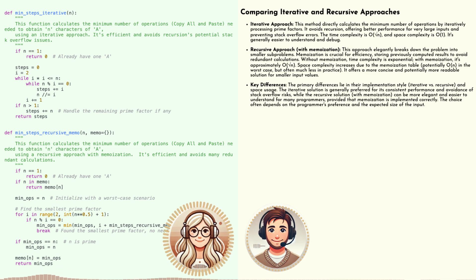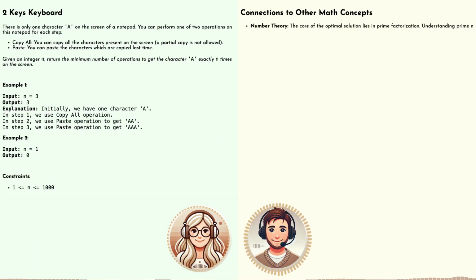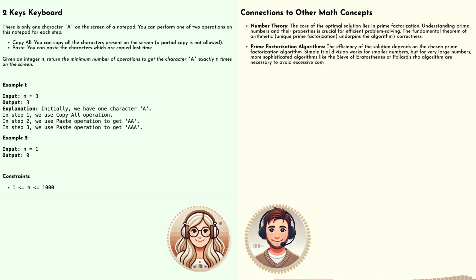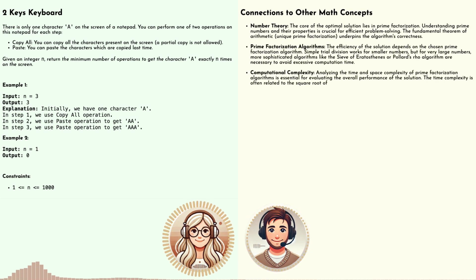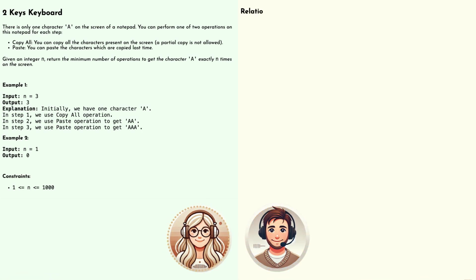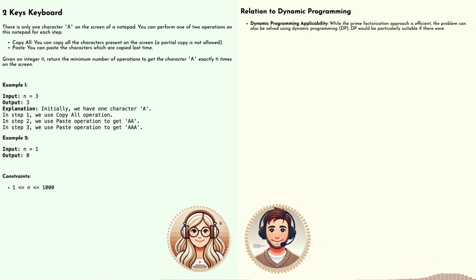But the key takeaway here is that understanding prime factorization gives us a really powerful way to optimize this problem. It's fascinating how a concept from math can be used for something like copying and pasting text. It really shows how connected different areas of math are. It does. And it reminds us that sometimes the most creative solutions come from looking at things from a new angle. Absolutely. Before we wrap up, can you tell us a little bit more about how this problem relates to